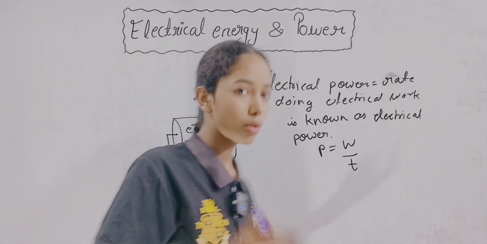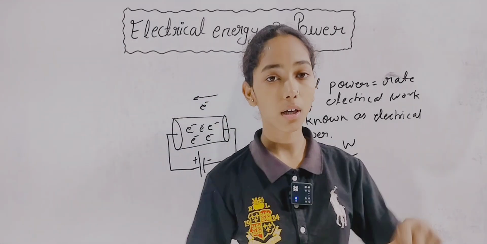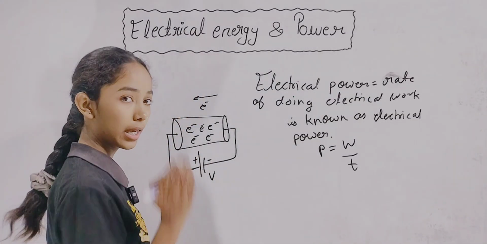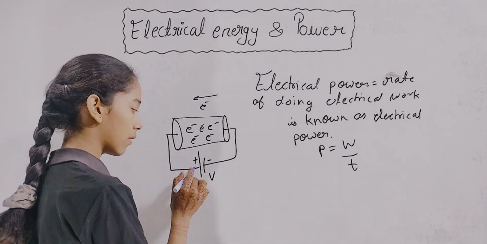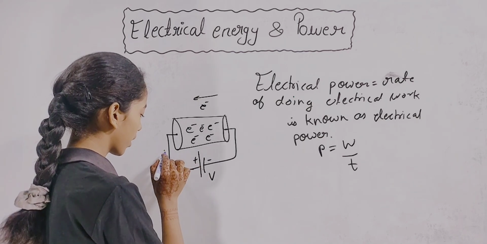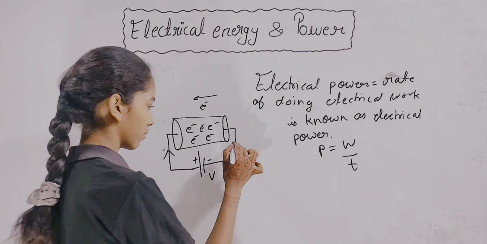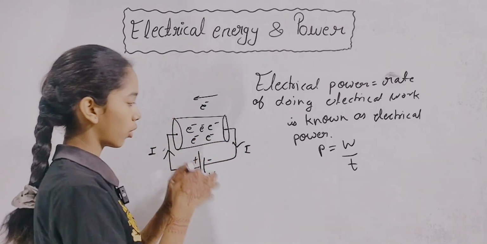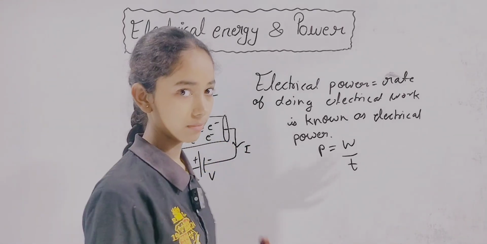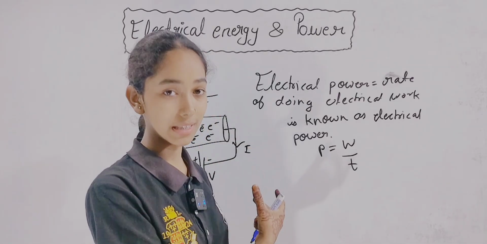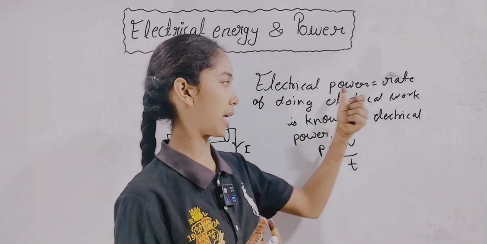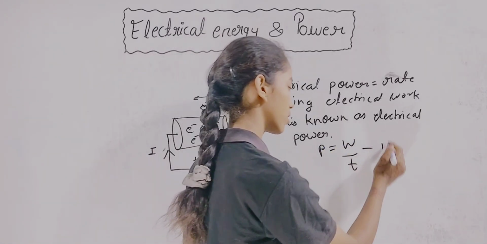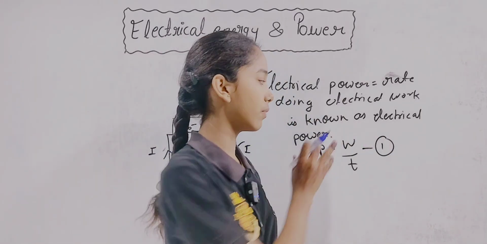But we also know that the current is flowing. The current will flow in the direction opposite to the direction of flow of electrons. So the current will flow from the positive terminal to the negative terminal like this. Whatever the rate of doing work is here will be known as electrical power. So here we have this equation first,